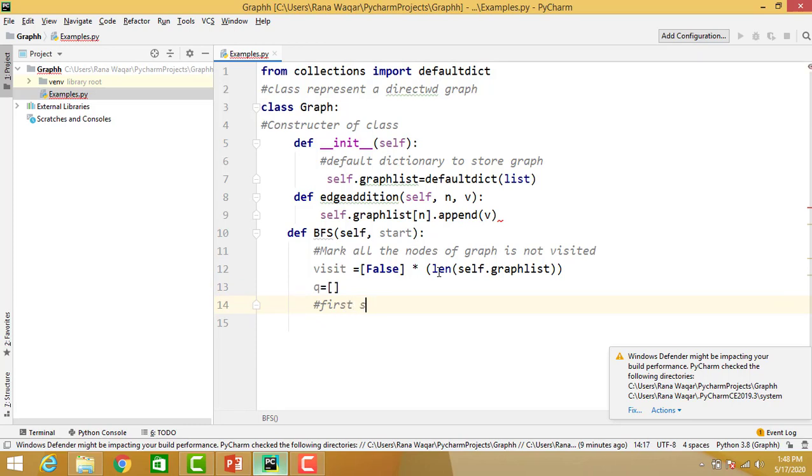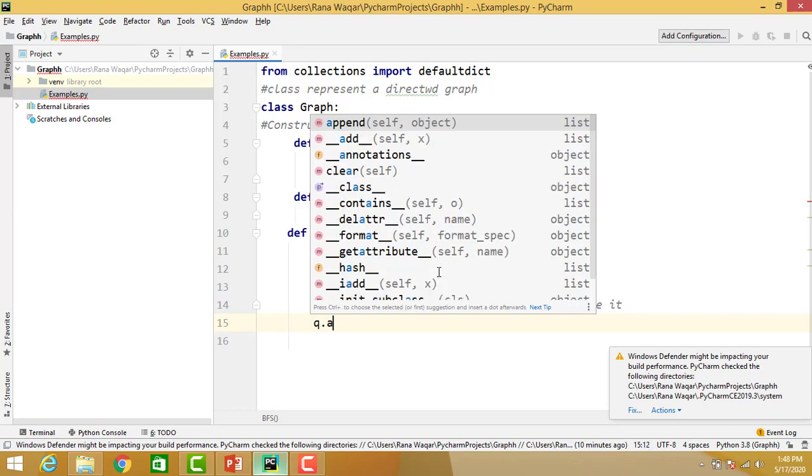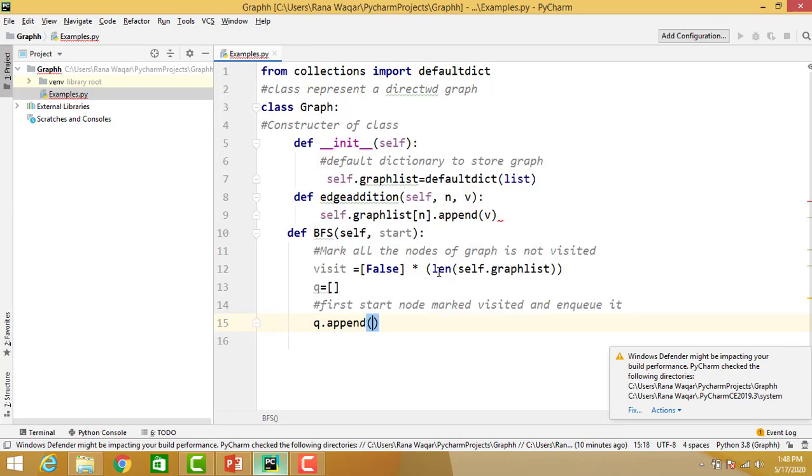First, start node, mark visited, and q dot append start.